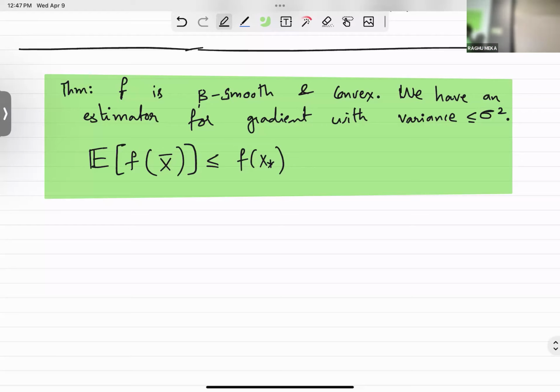Remember, this is all a randomized algorithm because at every point we have some randomness and maybe you're very unlucky and your gradient is way off. Okay, then your entire path will be way off. But in expectation, you are going to be somewhat close to the optimal value. But how close? It depends on